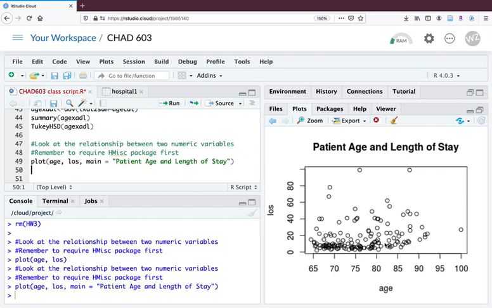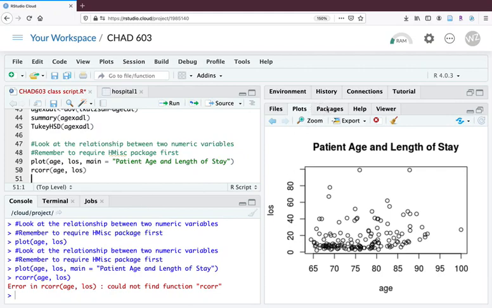And now we want to actually look to see what the correlation is between age and length of stay. I'm thinking that it's not going to be super high because it doesn't look linear really much in any fashion at all, but we'll check it out. So we have the Hmisc package required, so we can use the rcorr function, which will give us some extra output that you're going to find helpful. And we do exactly what we've done before. We'll just go age, comma, length of stay. And when we run this,